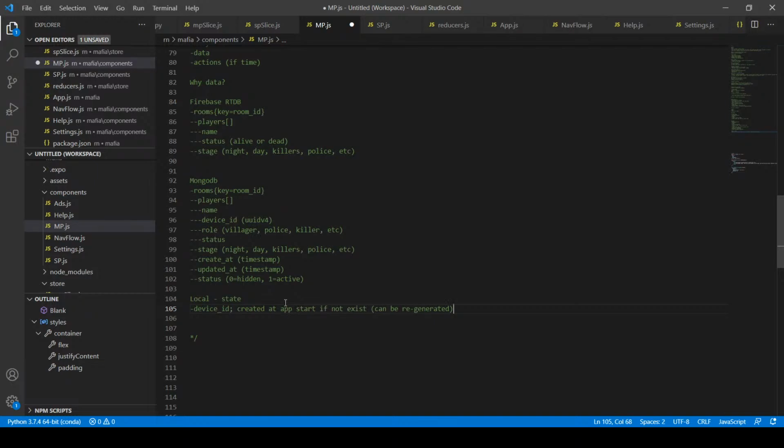So therefore, let's say the first time a user runs the app, we'll just create the ID for them. Or when they reopen the app and run it again, it'll check to see if the ID exists. If it does exist, then great. If it doesn't, then it'll create it for them. So we also want to store the play